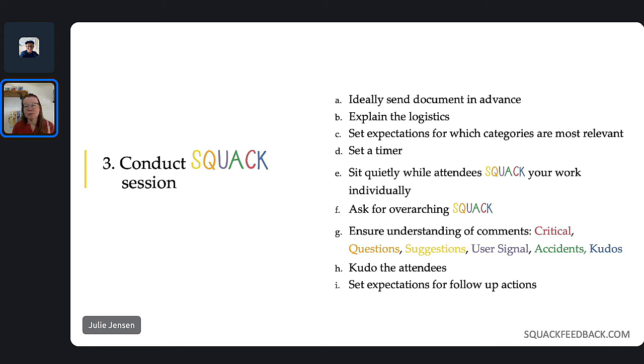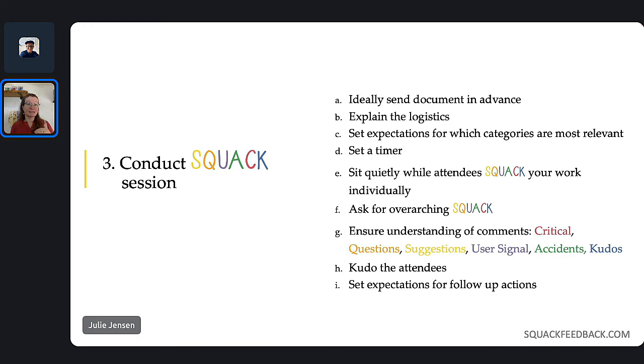And then what's really important, as the person who's receiving the feedback, is to make sure you understand. It's important for you to look at the criticals. Those are the ones that are in red, right? That's why it's critical. That's why it's red. Make sure that you understand them. Make sure that you understand the questions and the suggestions. Read through what you can if you're posting it in Figma or whatever tools that you use. And your first thing is to really just make sure that you understand.